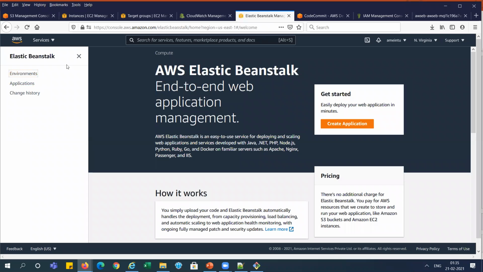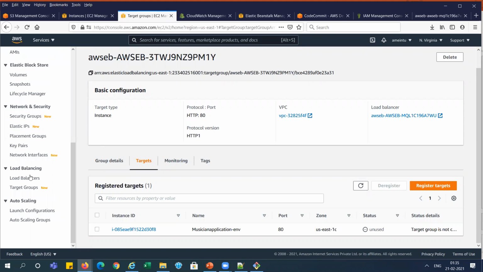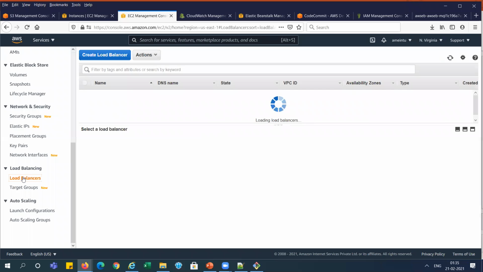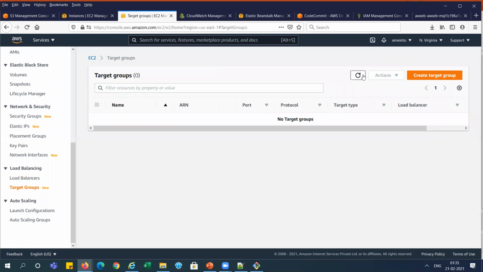So it is an environment. This is already nothing is there. So let's go and check our load balancer, right? Everything you can see here. What about that? You can see this is deleted by Elastic Beanstalk itself. Let me refresh. The target group is also deleted.